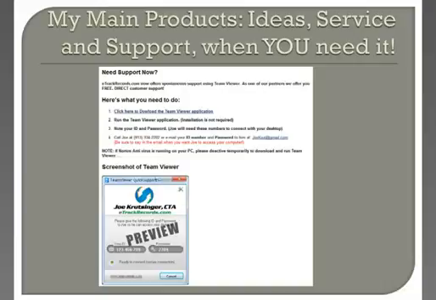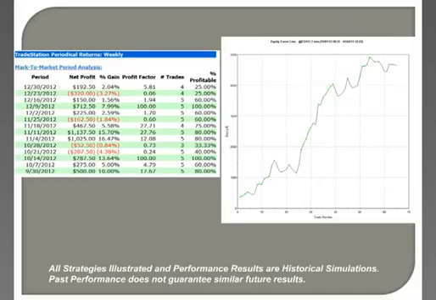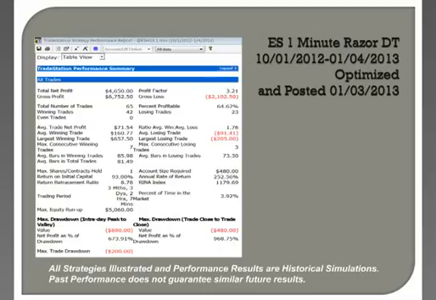Okay, that's fine. Let's do that. Let's look back at a 1 minute chart, and we're looking at 3 months making $4,600. That's basically $1,500 a month, and if you have 20% degree of slippage, instead of making $1,500 a month, you'll make $1,200 a month.